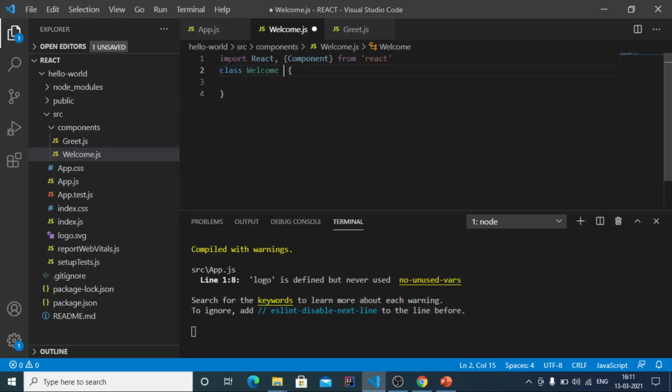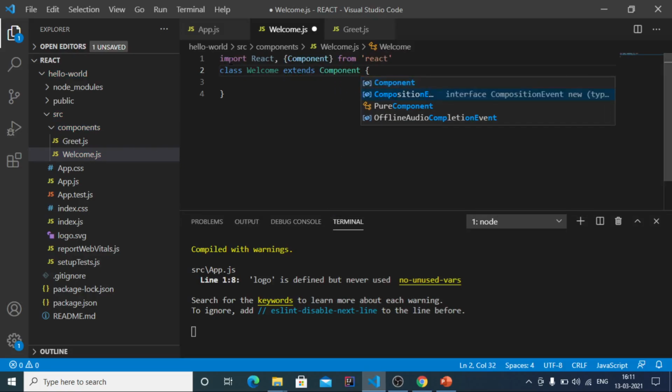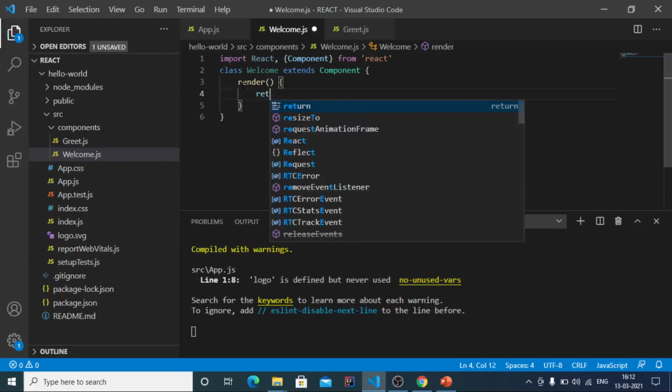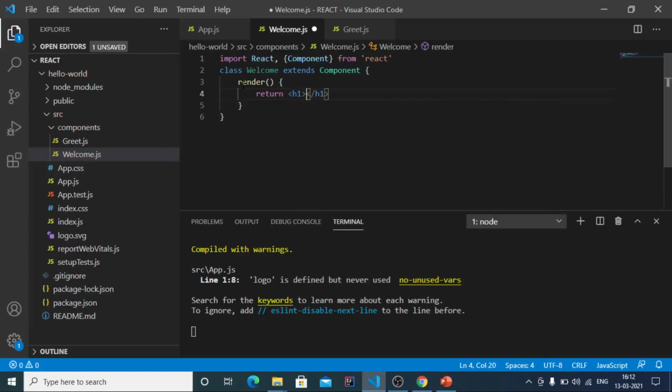First of all, class Welcome should extend the Component class, and second, it has to implement a render method, and we should return some HTML.